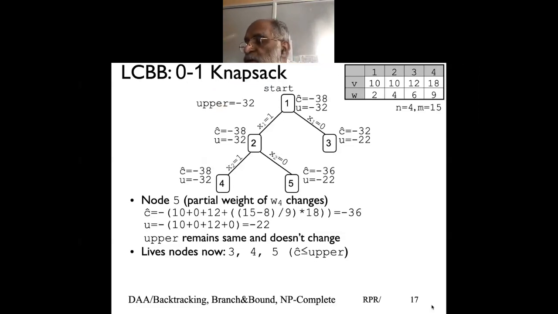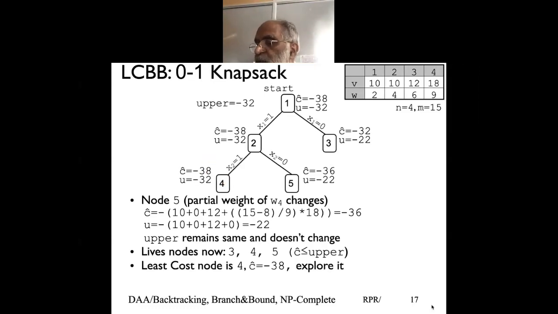By using least cost, I need to find the minimum. Minimum is minus 38, so we'll explore node 5 now. If it was FIFO, we would have gone to node 3 and like this. But now we explore this and see how it works. Because this is minus 38, we explore that and continue from here. So when we explore this, again we would have